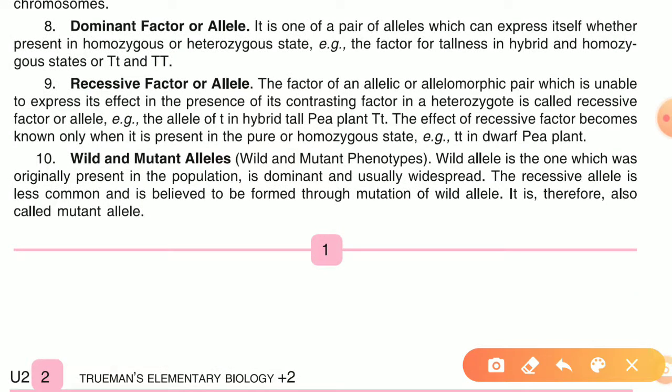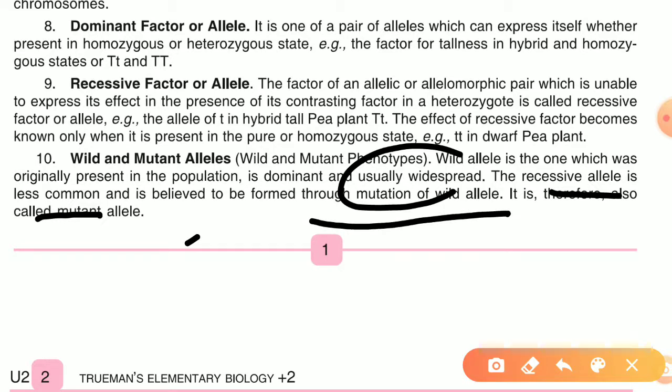The wild gene is one which was originally present in the population, जिसमें कोई म्यूटेशन नहीं हुआ है, जिसमें कोई चेंज ही नहीं हुआ है, जो एज इट इज था, that is called the wild type, and that type is dominant and usually widespread. But the recessive allele is less common and is believed to form from the mutation of the wild allele, उसको